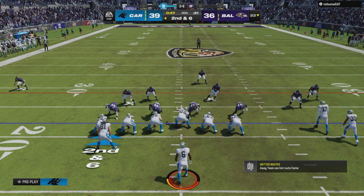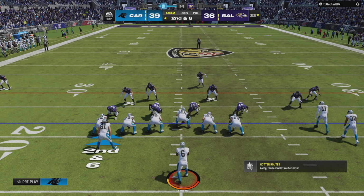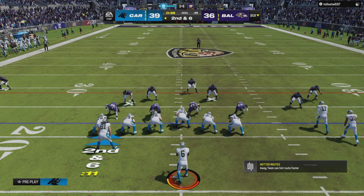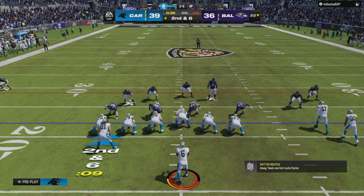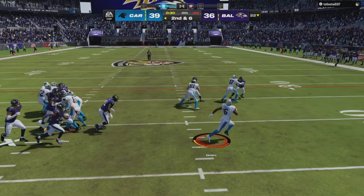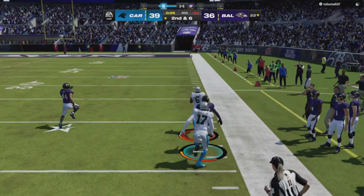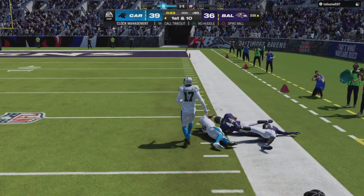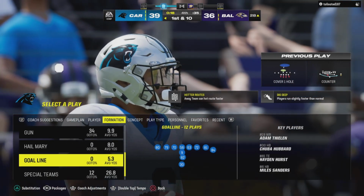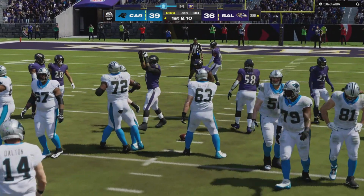Slice, 97. Now go. Down the right sideline. And he is finally brought down at the Ravens 28. A big pickup there, and without question, that should be more than enough to wrap this one up. Well, that's a carry they have to be satisfied with, and throughout this